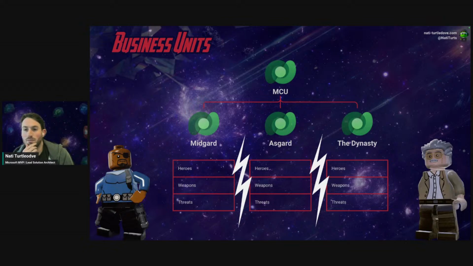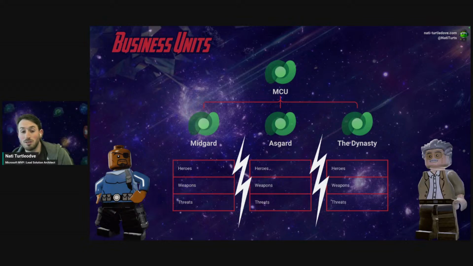So when we spin up an environment, we automatically get a default parent business unit, and that's usually prefixed org123, whatever it is, with a bunch of numbers and letters in it. Best practice, obviously, is to rename it to something practical that's going to represent that business unit in that environment. But you've also got the ability to add additional business units. If we look at our diagram over here, again based off the whole Marvel Cinematic Universe approach, we've got our MCU being the core business unit within our environment. And then we've got child business units falling under the MCU business unit. We've got one for Midgard, which is one of the realms, we've got Asgard, and we've got the Dynasty.